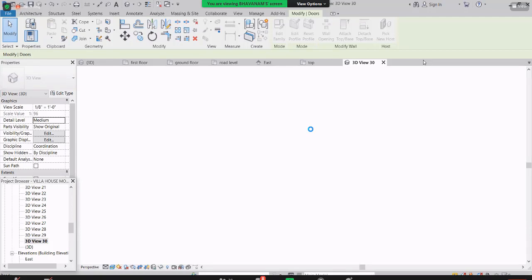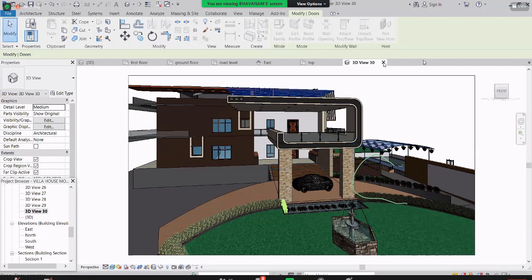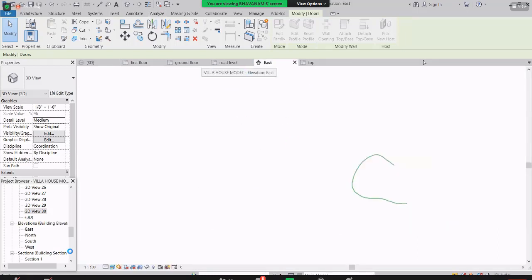Even though I have an i5, 8 GB and a 4 GB graphic card, it's taking some time. So same, nothing will be changed here. By taking this picture also, we can send it to the client and show them. And whenever we submit any elevation drawings, you need to mention the dimensions as well. By those dimensions, the Mestri will make the grooves, cutouts and all those things. Okay, so just go to the east. We already saw, right? This is the east elevation.